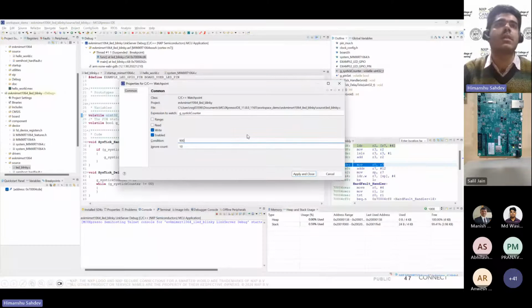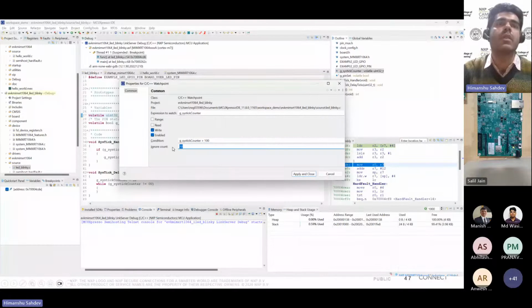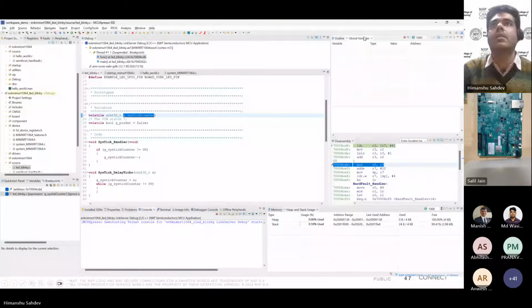Okay, GC tick is greater than 100, right? And I just want to ignore for the 5 count or 10 count, it doesn't matter, right? So if I apply and close, now if we see the variable,